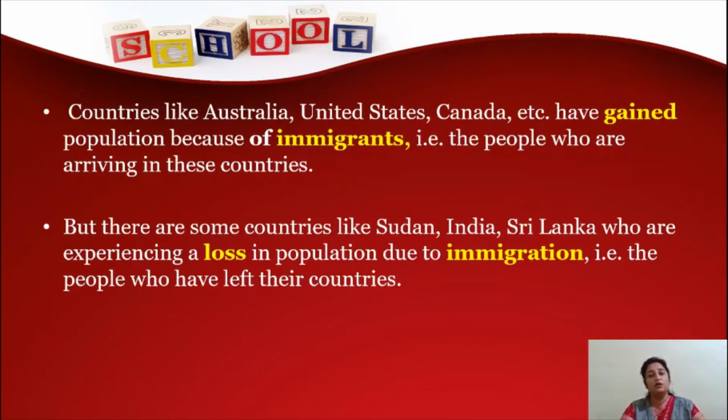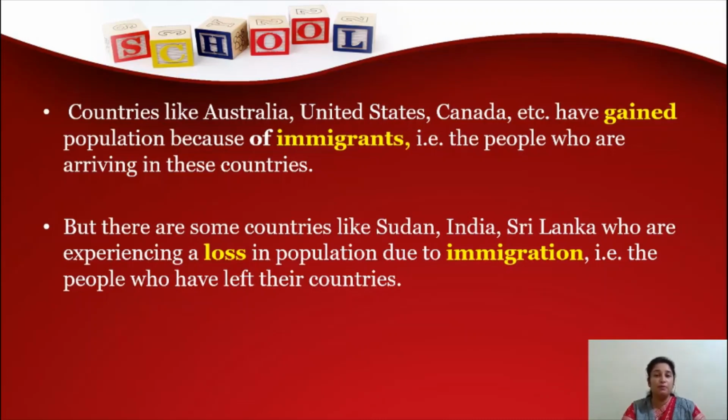Now children, you need to remember one thing, that the population change is not the same all over the world. In some countries, the population will increase and in some countries the population will decrease. Alright. So because of migration, also in some countries the population will increase and in some countries it will decrease. Now let us see the first example. Now developed countries like Australia, United States, Canada, etc. Alright, in these countries the population is increasing day by day. What is the reason?